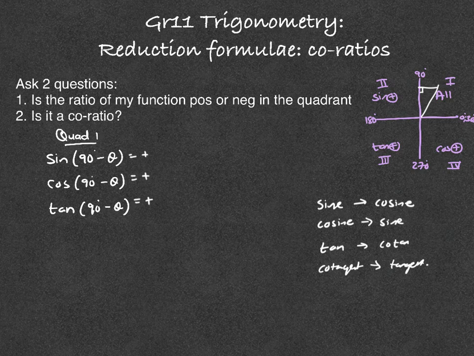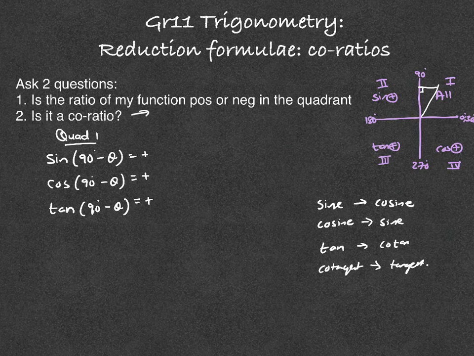So let's go back to our questions. First question: is my original function, the one given to you, in that specific quadrant positive or negative? Second question: is it a co-ratio? And if yes, then change. So let's do